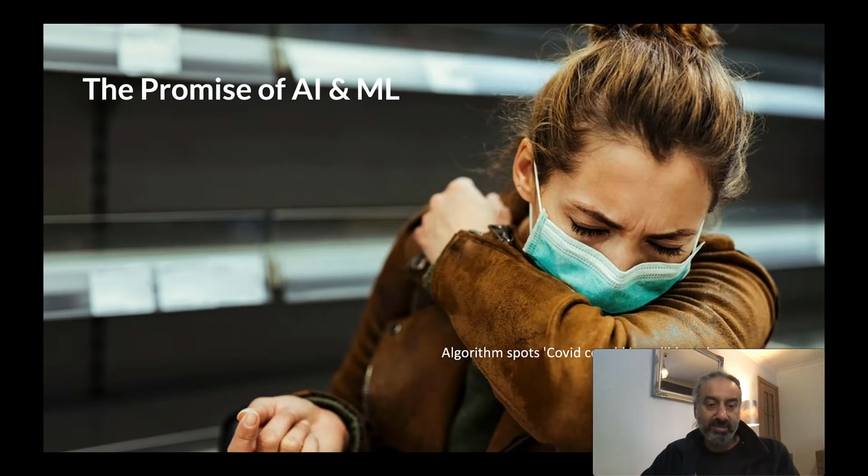Here's an example that I picked out, something on the BBC website, using algorithms to spot a COVID cough, using cough samples. This has been run by any number of people, but two of the organisations who've been working on this independently of each other have recorded different kinds of results.